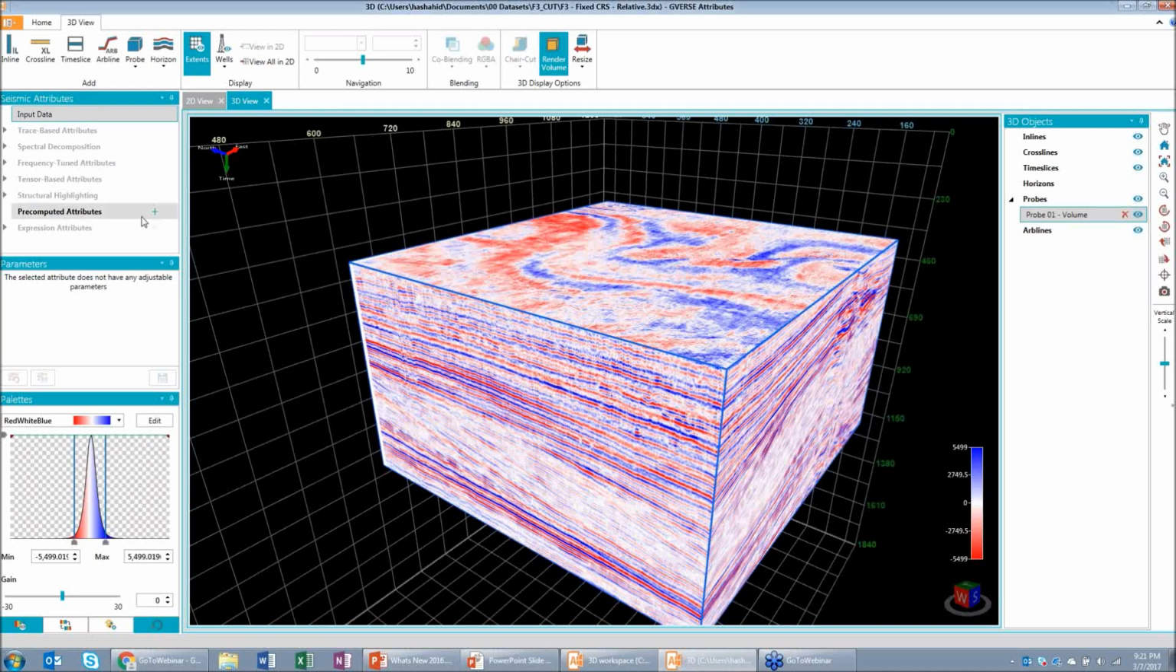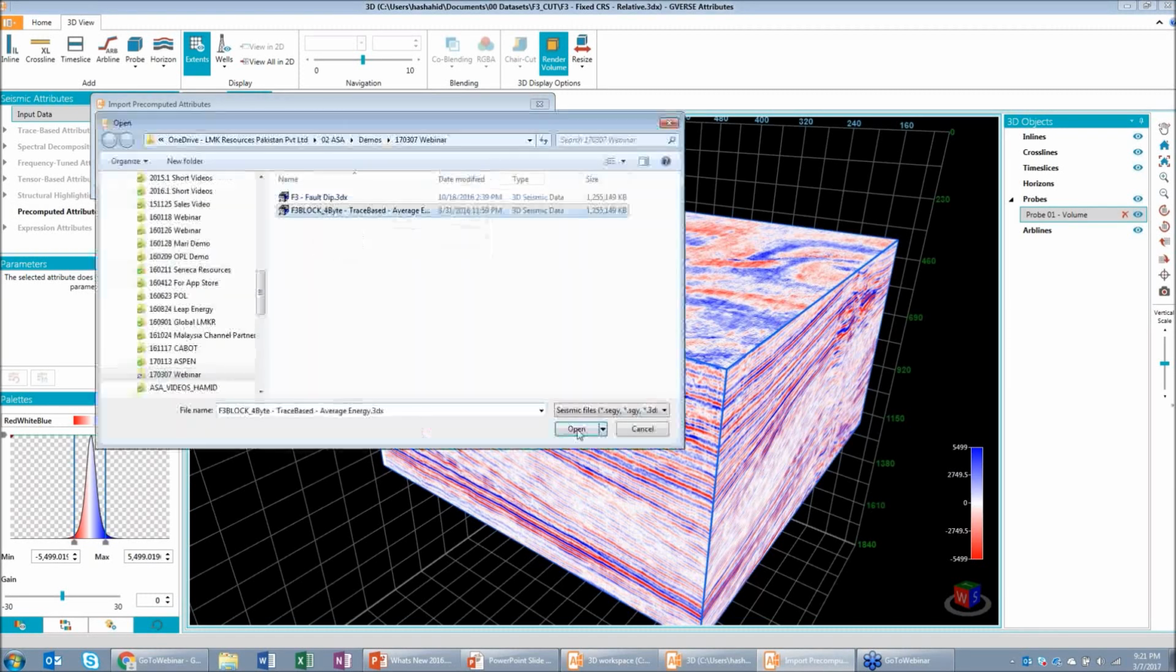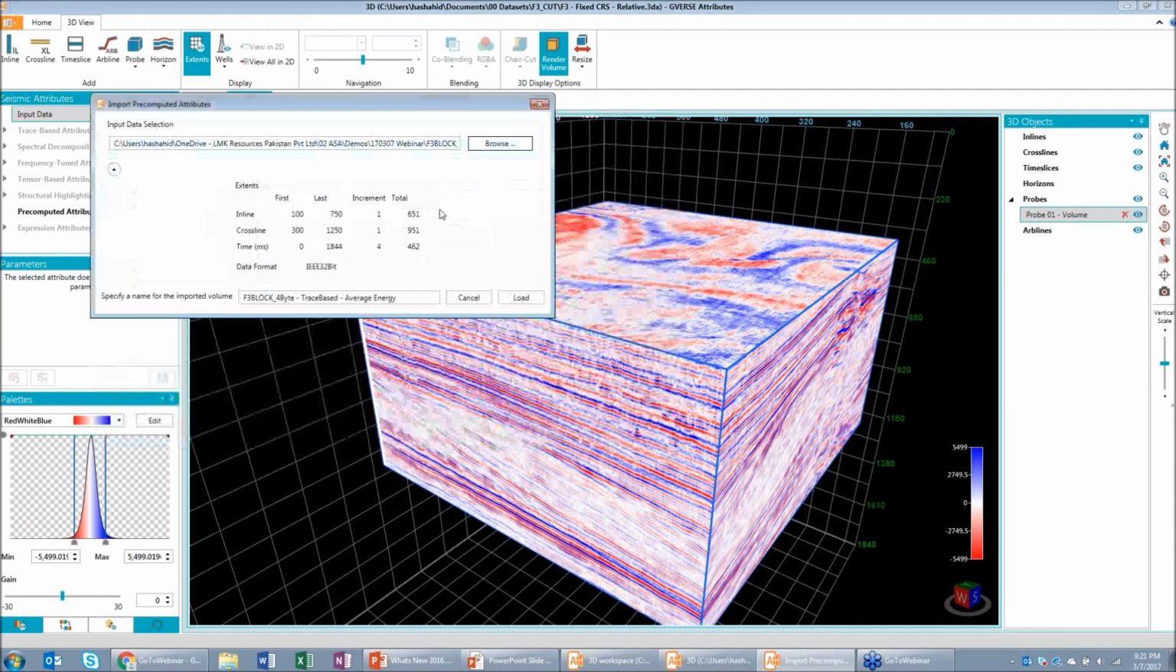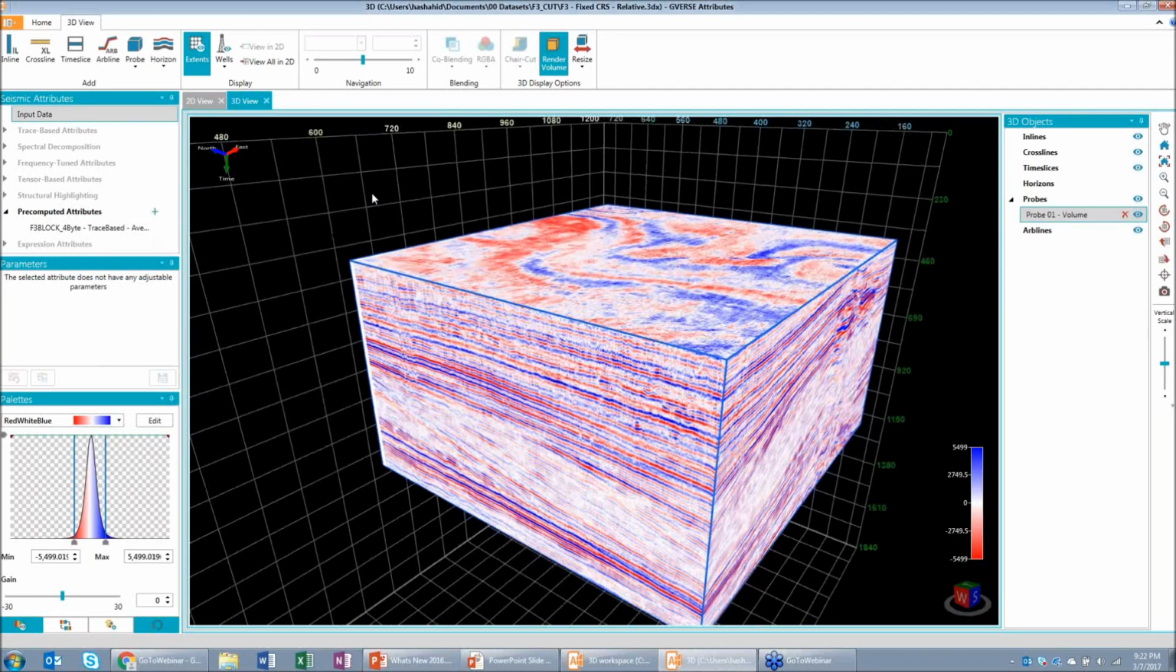So let's say I have an attribute called average energy that I've computed already. Now I've computed this attribute for the entire volume, and I load that into my pre-computed attribute. So now this is available as any other attribute. So if I had an inline, let's say I open an inline,